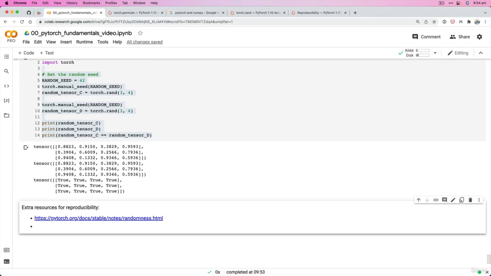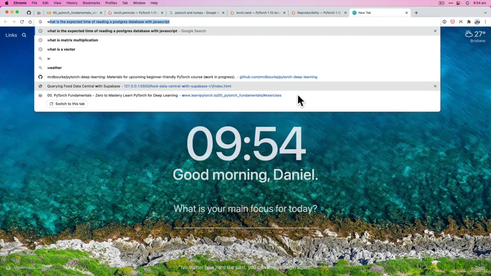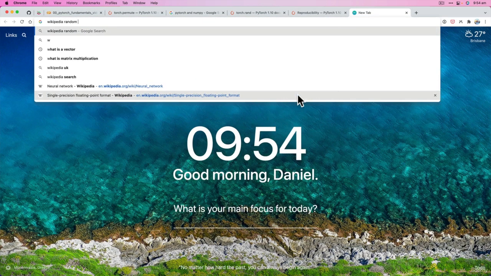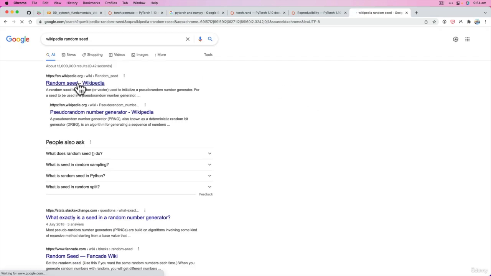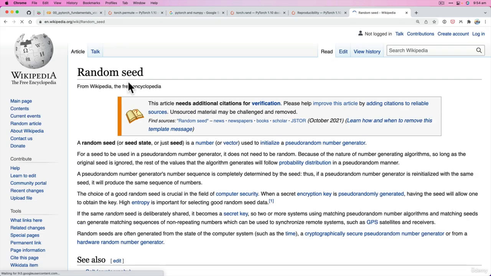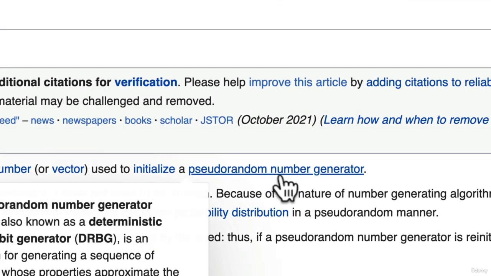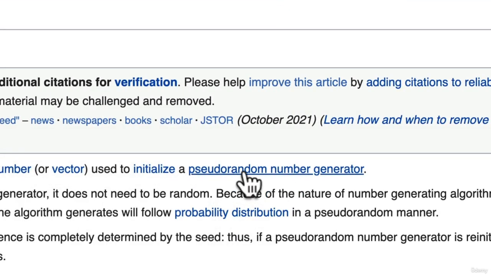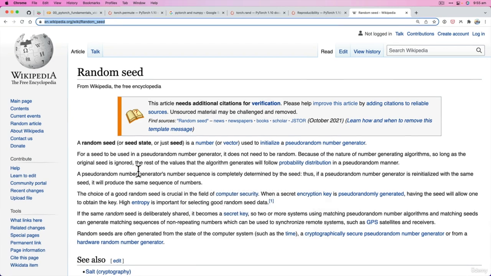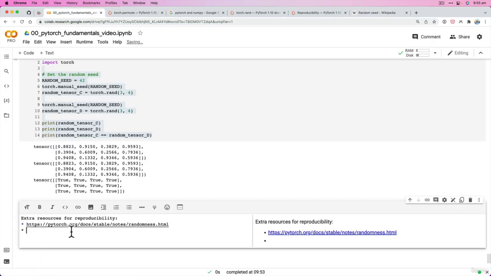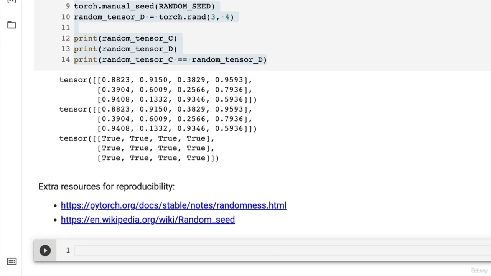We'll change this into Markdown. And then finally, the concept of a random seed is Wikipedia random seed. So random seed's quite a universal concept, not just for PyTorch. There's a random seed in NumPy as well. So if you'd like to see what this means, it's to initialize a pseudo-random number generator. So that's a big word, pseudo-random number generator. But if you'd like to learn more about random number generation in computing and what a random seed does, I'd refer you to check out this documentation here.